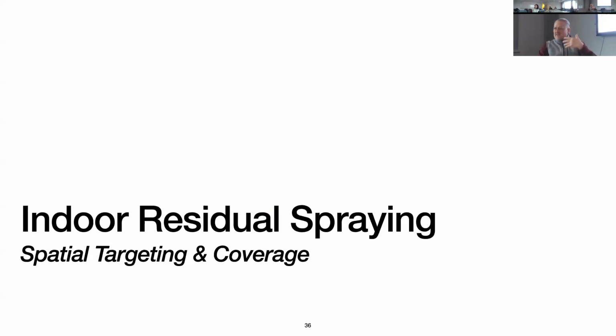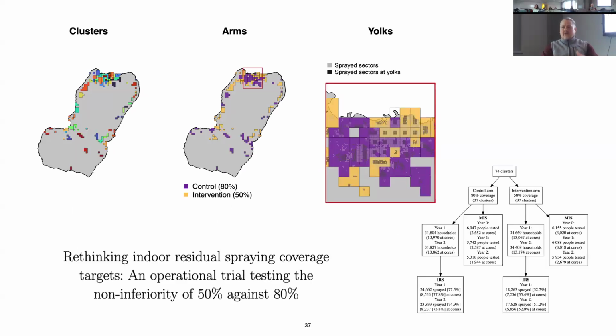The next thing is this idea of indoor residual spraying. I'm going to come and spray a bunch of houses. Remember, I talked about the relationship between coverage and effect sizes. Well, the budget doesn't cover universal house spraying. So every year they have to make a decision about how much spraying to do, and then which houses to spray. They initially started with various targeting schemes, and then at some point they wanted to know, should they be aiming for 80% coverage in as many places as they can, or should they not?